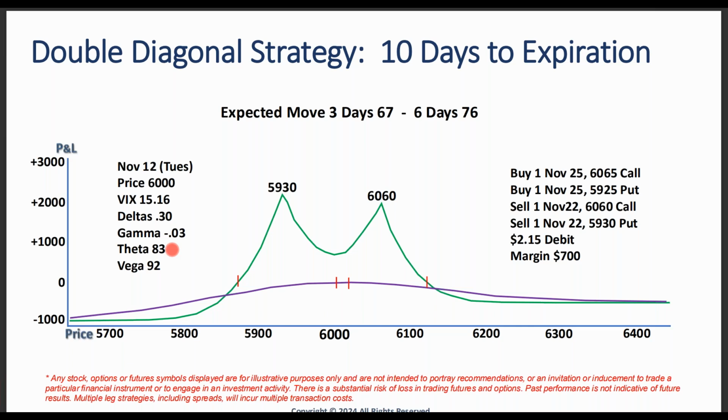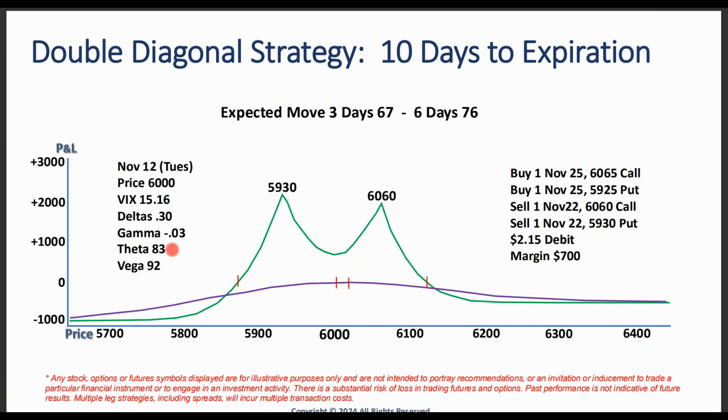This theta is a pretty good number, but it can be a little high. From trading these on a daily basis, I'm usually in these more than one day. This says that I can get 83 theta on margin of 700 in a day, which means I'd only be in one day. In reality, on a 10-day trade, I'm going to be in 3 or 4 days. Does that make sense? So that would be theoretical.